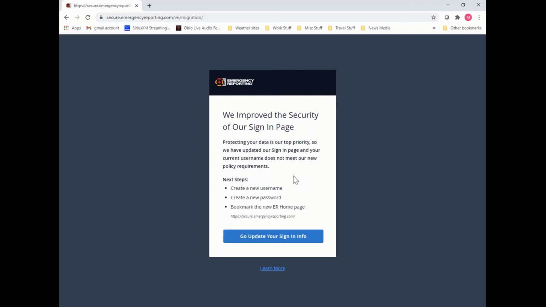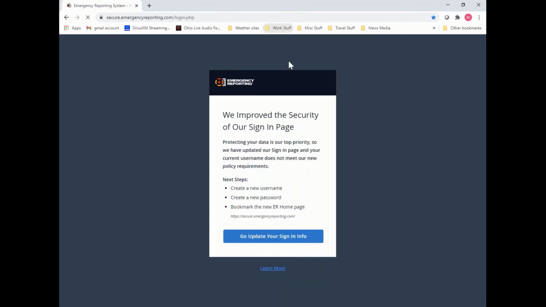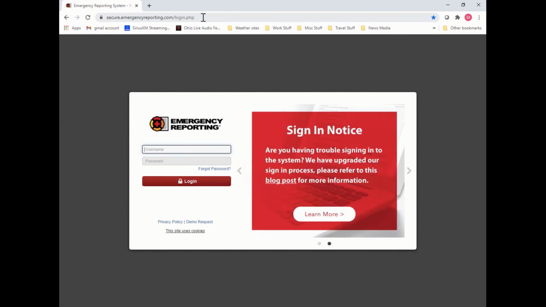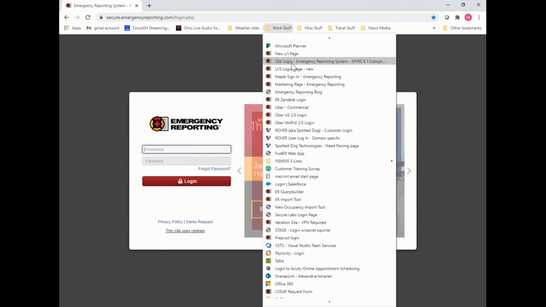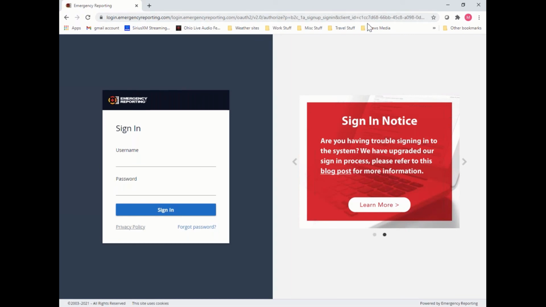And just to make it clear, the URL at the top of the page is what we need to talk about here. The old login, what we're calling the old login, is secure.emergencyreporting.com/login.php. And the new URL that you want to have bookmarked is secure.emergencyreporting.com only. This extra text that you're seeing right here is added to that URL when you go to it